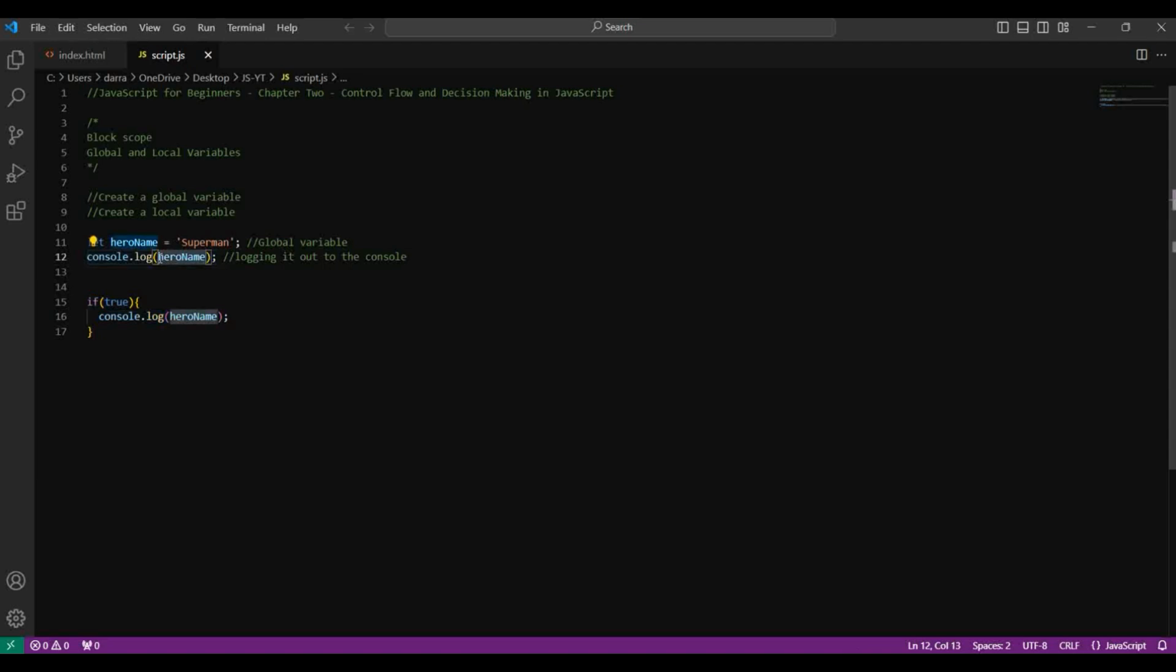So really what this is, let me just kind of separate here. Okay, this is the global variable being logged to the console, okay? And here is the global variable being logged to the console from within the if statement. So within the if statement, we still have access to that variable, okay? So we just save and refresh. This is a global variable being logged to the console from the if statement,